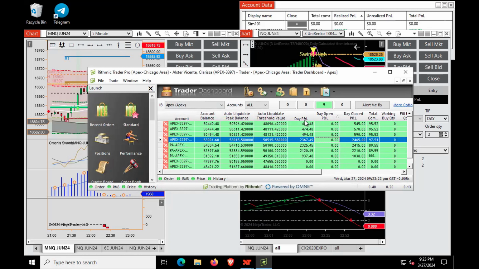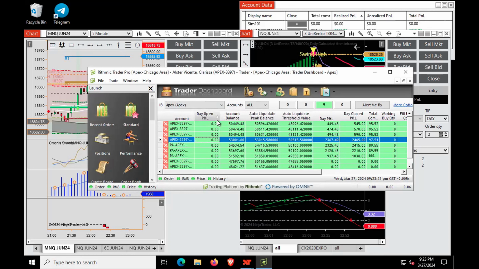And then you need to have daily open. Actually, I like it here or there. Okay, actually here is quite nice, so I can see my current trades. But if I have closed some other trades, make sure you have day P and L. This day close is not that important because it's not liquid. This is liquid, after commissions. And those are the commissions I paid, okay? Apex is actually very, very cheap regarding commissions.